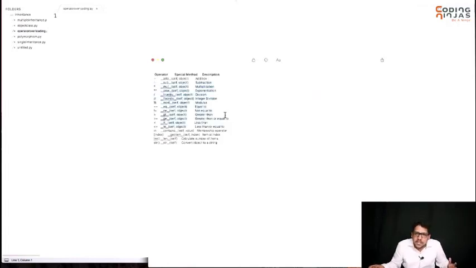These are the special functions which you can override for all of these operators: modulo, greater than equal to, less than equal to, get item at index, length, underscore str underscore. We have already seen this. So these are some of the functions which you can override, and this will work out on your operators. Okay, so we will explore some of the functions for this, and let's try to code and see.